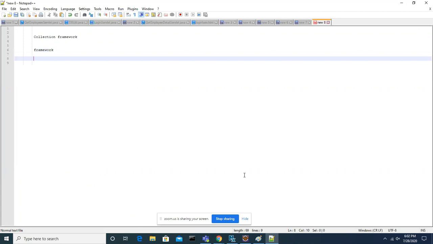Like the collection framework. So what kind of problems? First we will try to understand the problem, then we can understand the solution. Then I can say the collection framework is the solution for this problem. Generally you know the arrays concept, right?